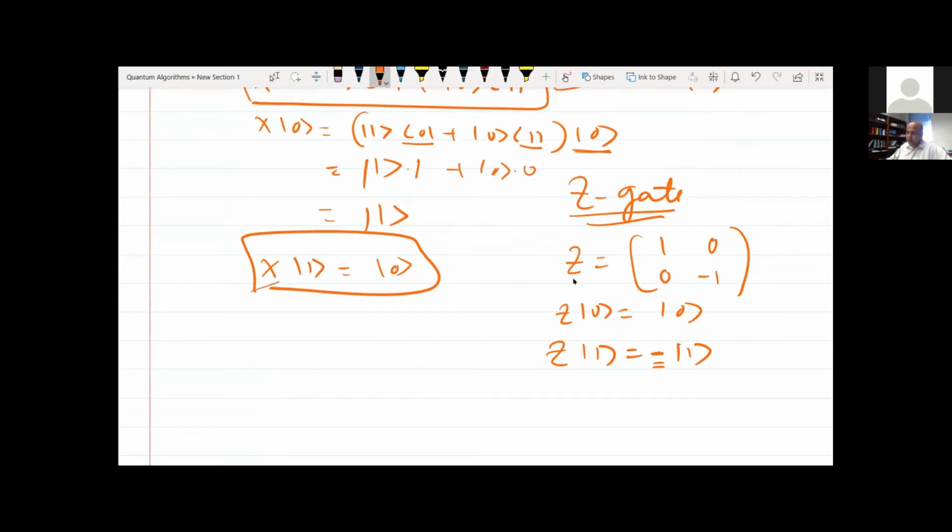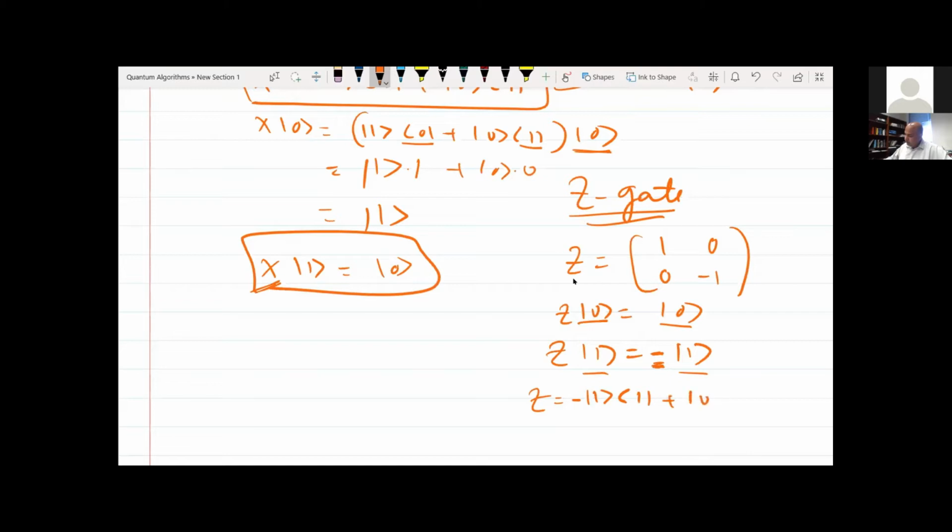X is sometimes called a bit flip gate, and this Z is called the phase gate, because this X flips a bit. 0 goes to 1, 1 goes to 0. But this Z gate keeps 0 as 0, keeps 1 as 1, but essentially just gives a phase to 1. So if I use the operator form for Z, I can write it like this: